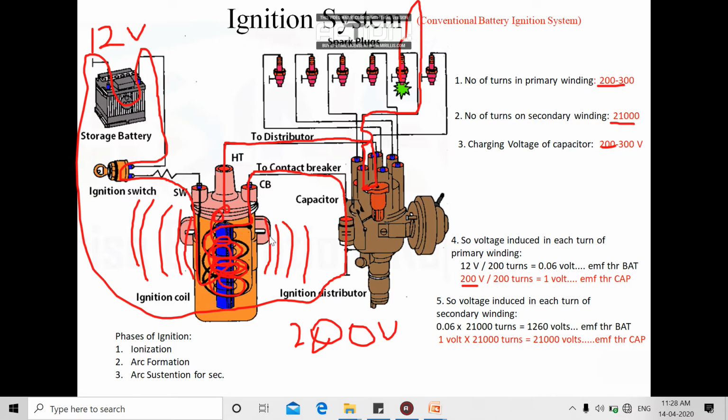That time again the magnetic field is developed due to the 12 volt supply. Our developed voltage in the secondary winding is somewhat 1260, and during that time the needle is not connected to any of the needles present over here. As soon as the contact breaks again here, the arc across the contact breaker gets absorbed by the capacitor, which gets charged somewhat, and this magnetic field collapses. Then the charge of the collapsing magnetic field again gets charged by the capacitor.